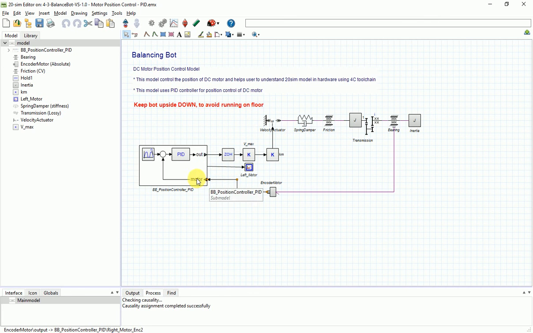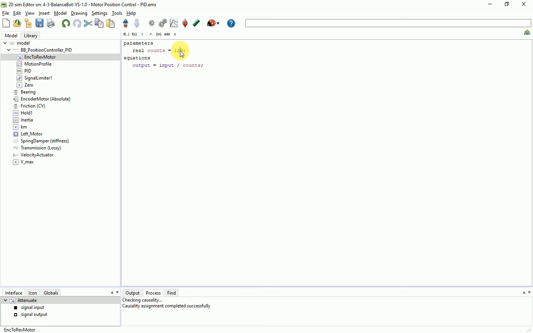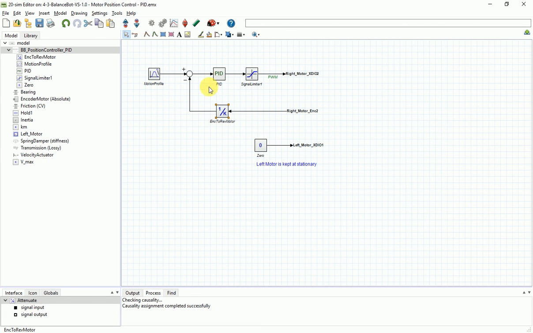to the controller model. Inside this controller model, the input of the encoder is taken to an attenuation block, which divides the counts by 129 and gives it to this plus minus block. This plus minus block subtracts the set point, coming from the motion profile, from this encoder count.